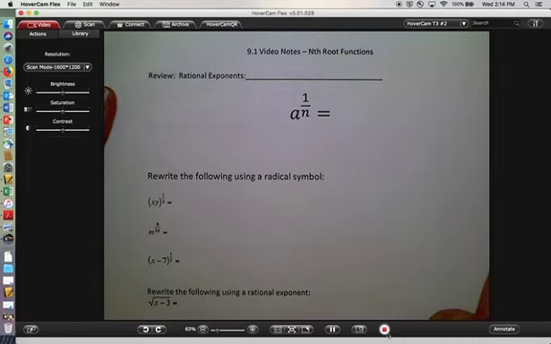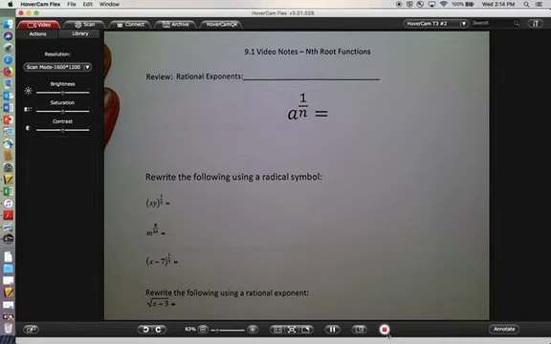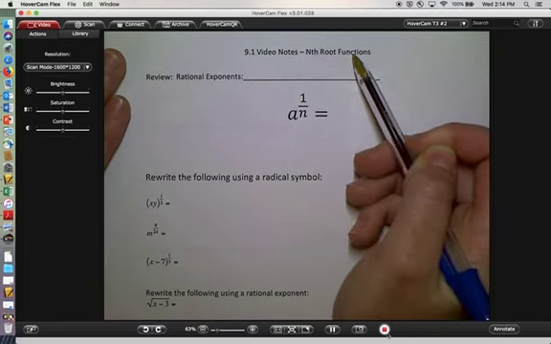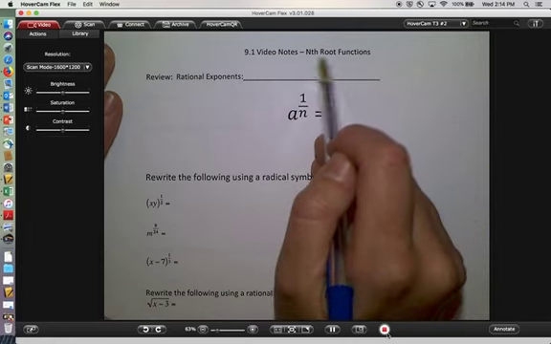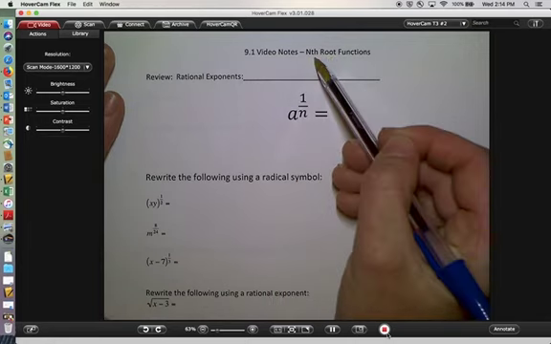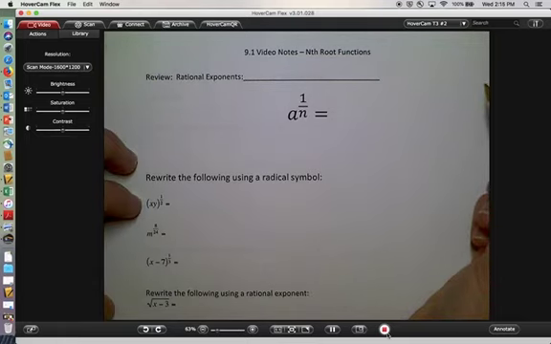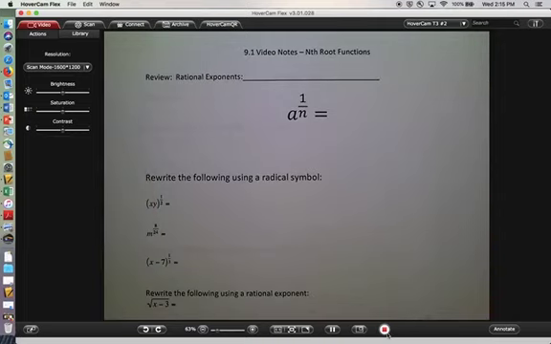We are going to get some notes from 9.1 done today, and it involves the nth root functions. Okay, so you guys are familiar with some roots, like the square root, cube root, so on and so forth. We've encountered that a little bit so far this year, and definitely last year. We're going to talk about what they look like as exponents and how to go from one format to the